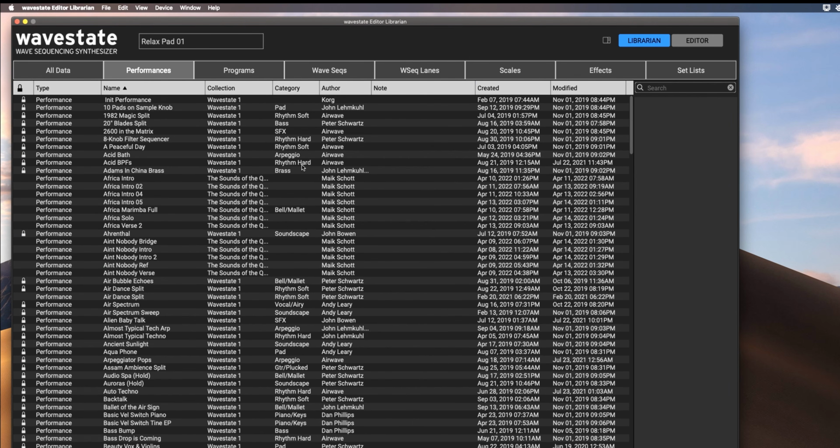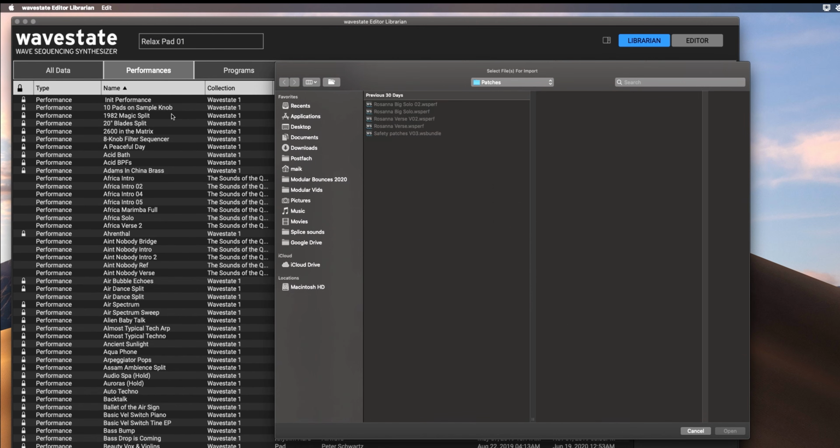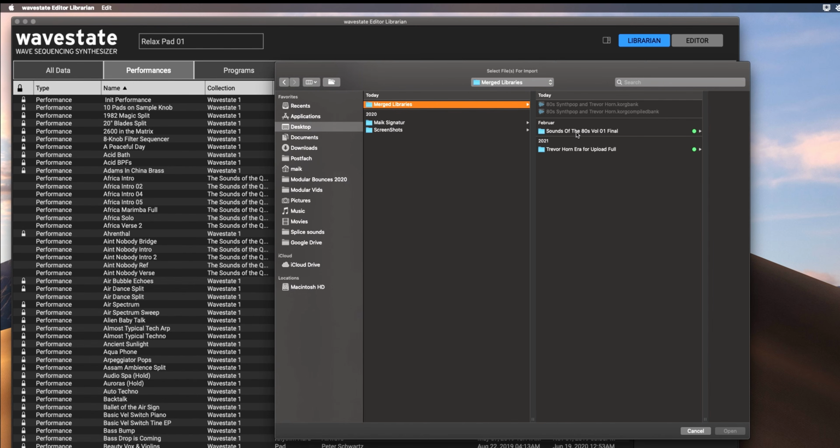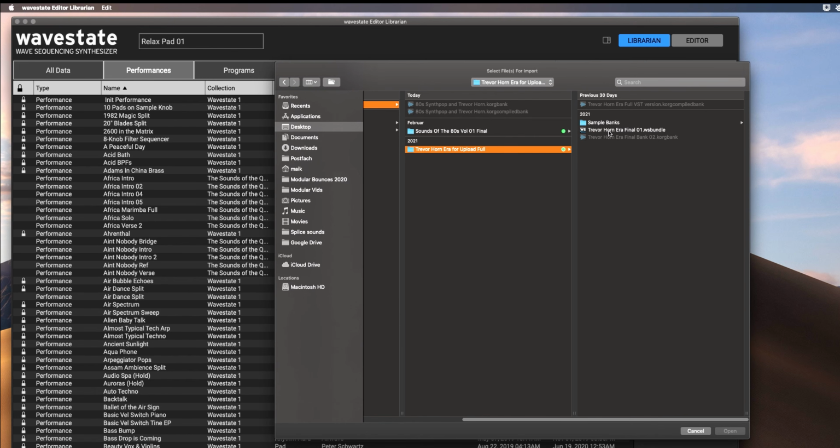The very last step is now to open the Editor Librarian software and import the Trevor Horn patches bundle, which is called, let me have a look, file import. And we go to our desktop, to the merged library folder, to the Trevor Horn era folder.